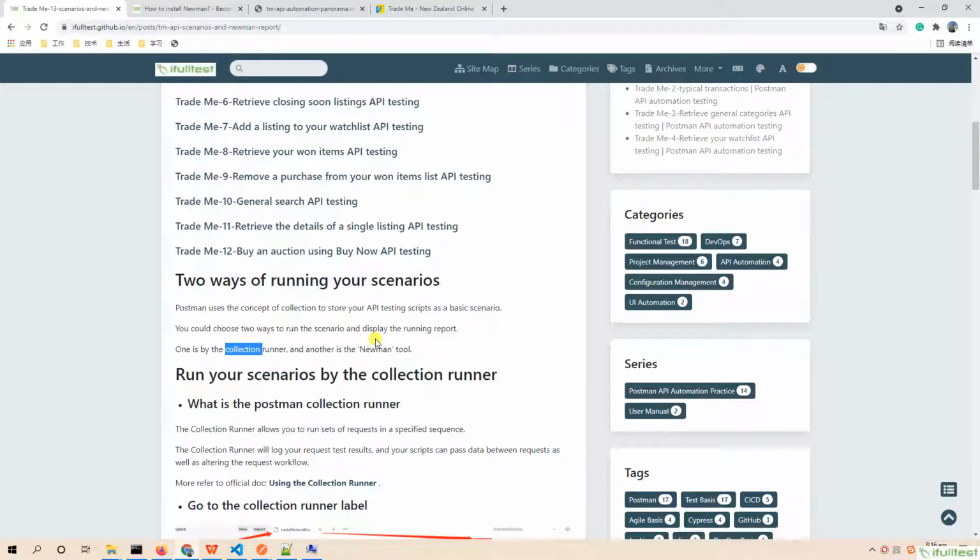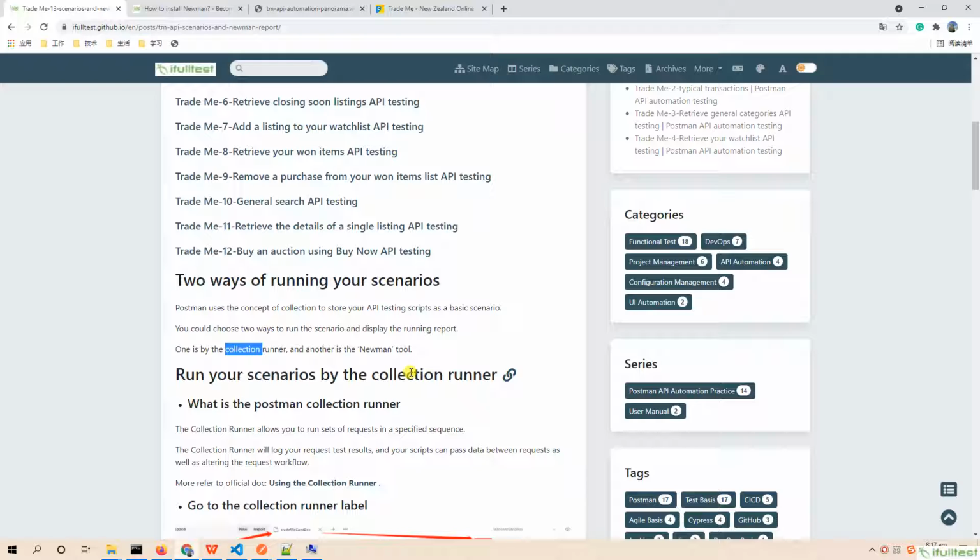Here I want to give a metaphor. We suppose the scripts as actors, then Postman collection runner can be an internal rehearsal stage. We could use it to rehearse different scenarios and make some adjustments. Then we deem Newman as an external rehearsal stage that can expose the demo effect to the public.